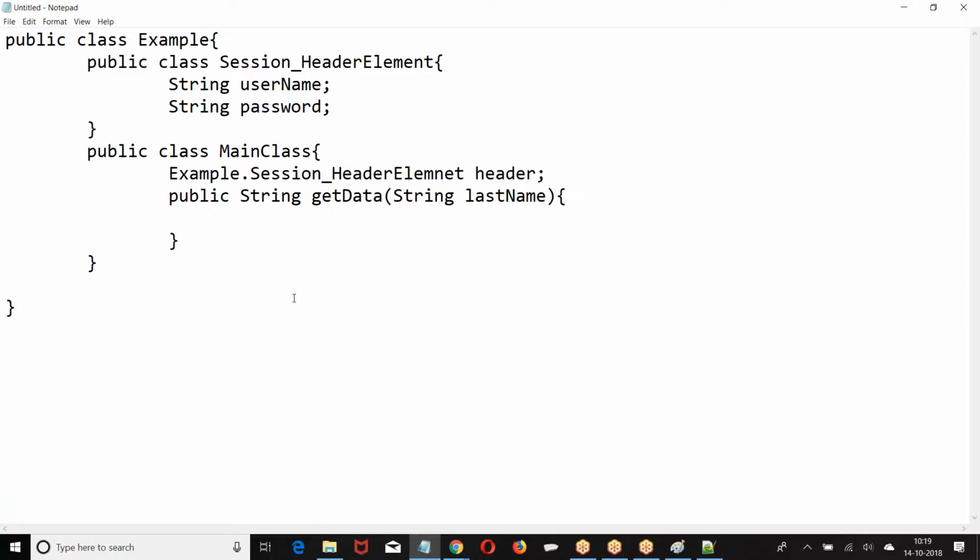Write a program to invoke the get data service. Authentication data should be passed in the header. You take your own username, password. Now write a program to invoke a get data service where authentication data should be passed in the header.